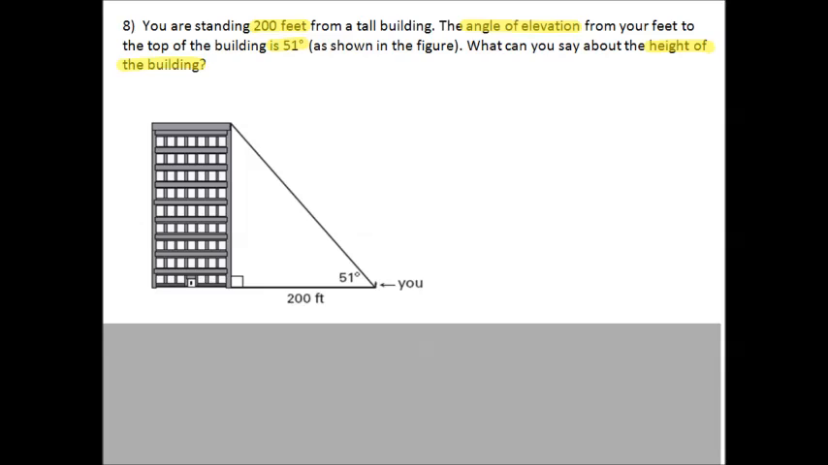First of all, we need to recognize that we do have a triangle here, right? We have a triangle made up by our distance from the building, the height of the building, and the straight line that would go from the top of the building back to us. We can also use our triangle sum theorem to determine the angles of this triangle. We have a right angle here. That means that the remaining angle we don't know